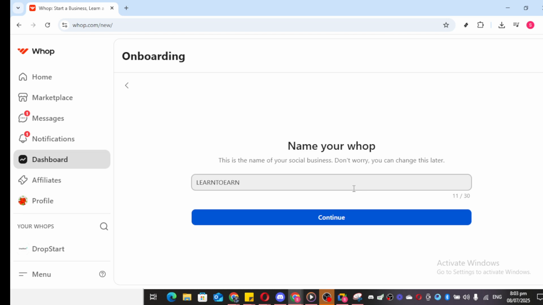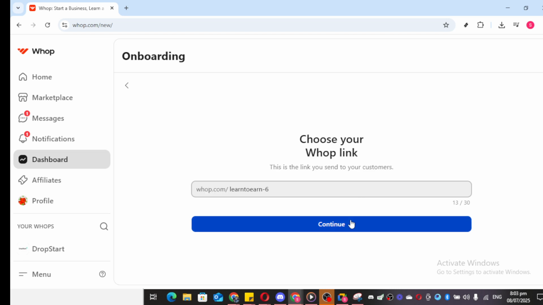With your shop name in place, click Continue one more time. This move brings you a step closer to realizing your vision for your store. This is the point where everything becomes official, so make sure everything looks good before proceeding. Once you've successfully gone through these steps, you will be able to access your Whop store page. This is where everything comes together. It's the online face of your brand, where